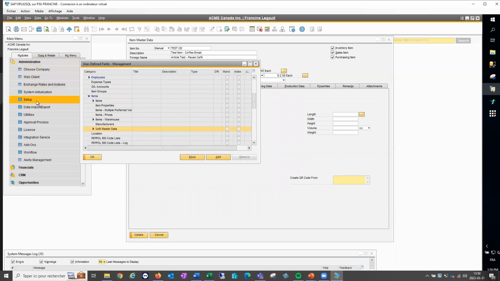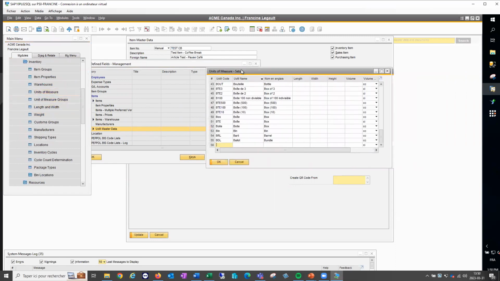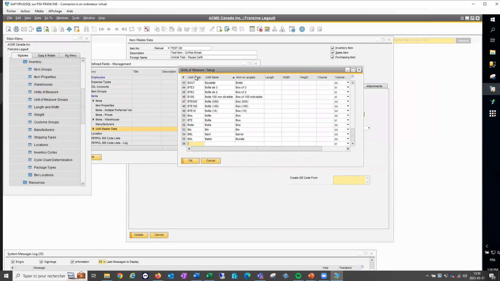In my case, you probably noticed it earlier, if you look at the units of measure, I have the standard code, name, and I added a new column, which is the English name.